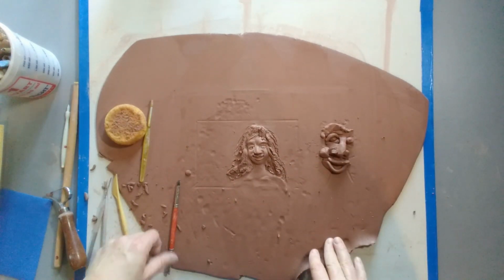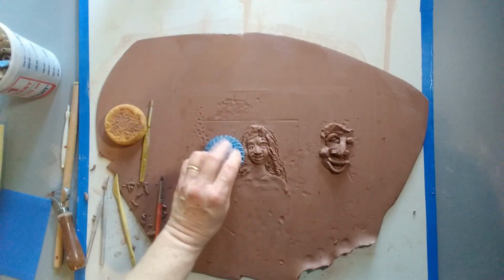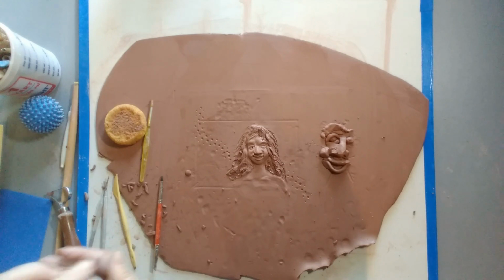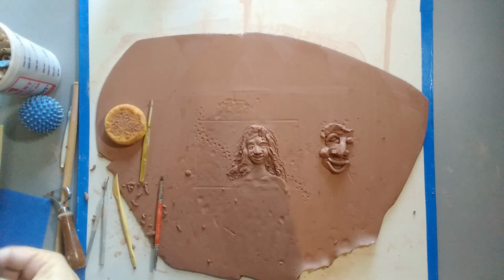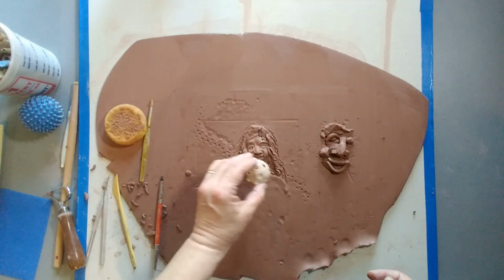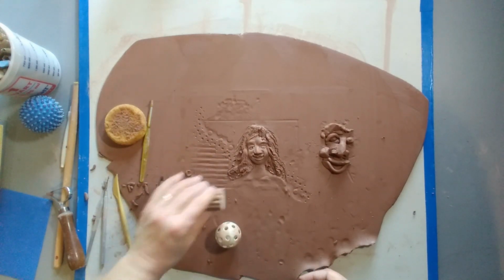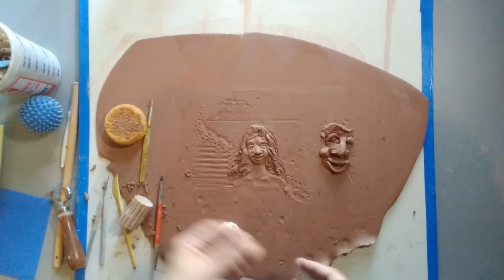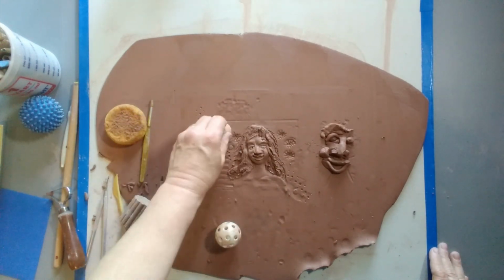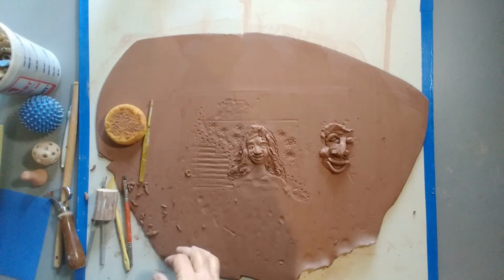And that's how you do it. At this point, you know, I'd probably do something like this. Come on now. I'd probably run this like that. Might roll this like this. And some right there, because, well, beautiful. And at this point, after I've done sculpting,